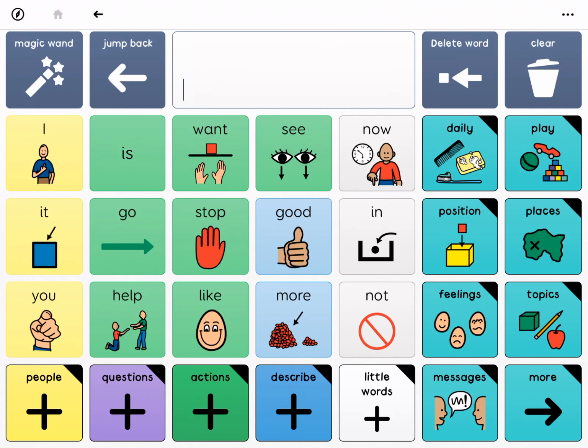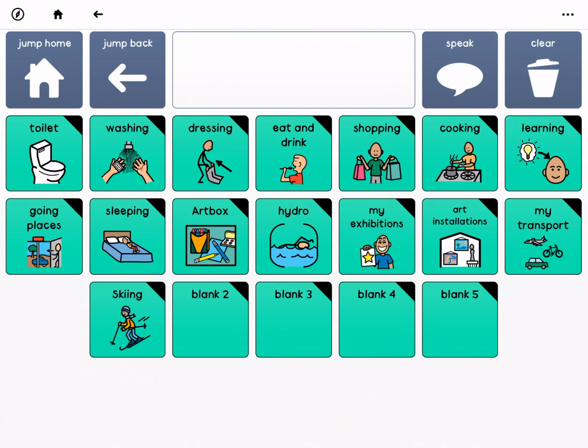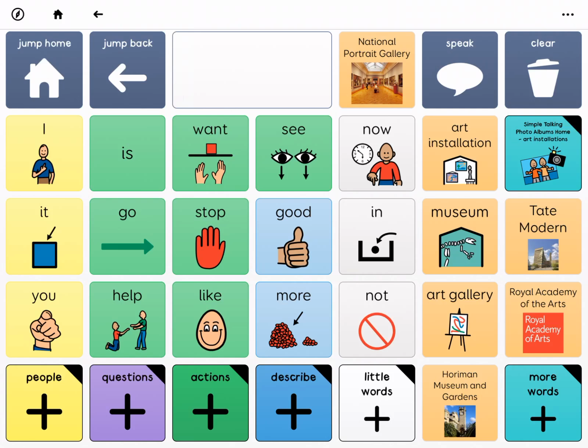Okay, this is a little tutorial on how to create a talking photo album. This is the SuperCore homepage, and if we tap on Daily up here on the right, this will take us to some activities that the client might do daily. The second row has some more customized activities, and so if we tap on, for instance, art installations, it takes